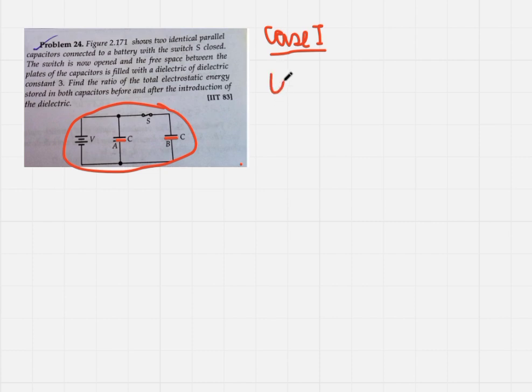So let's first find the energy stored in the first capacitor. There are of course two formulas, half CV square and Q square by 2C. The formula that I am going to use is Q square by 2C. Let Q be the charge and the capacitor is C. So Q square by 2C, this is rather simple. Now even for the second capacitor, the charge is going to be the same. So Q square